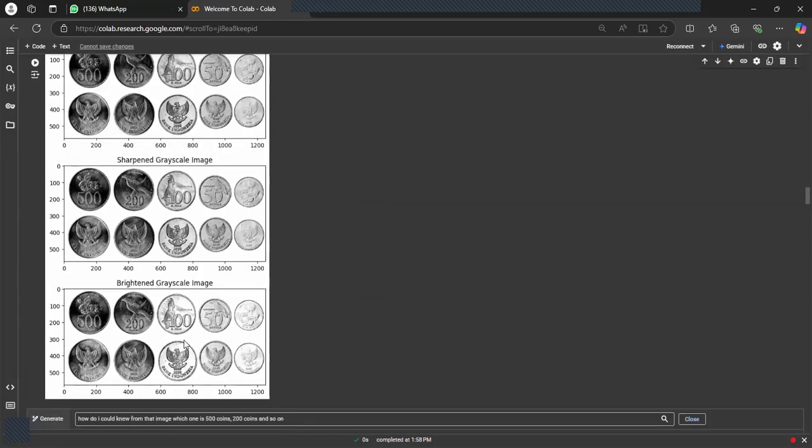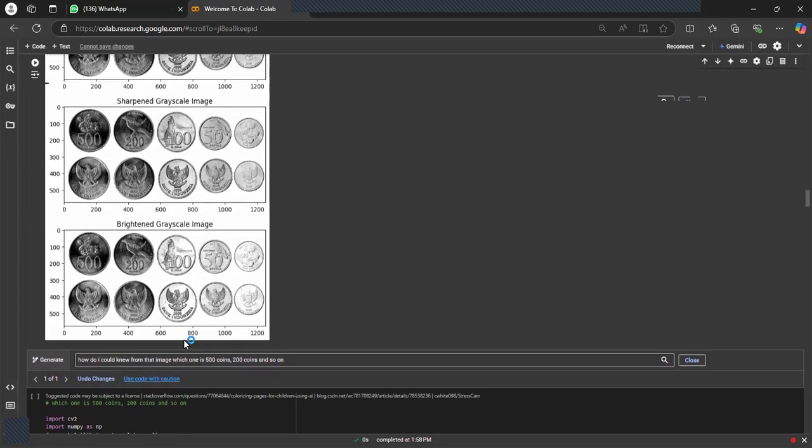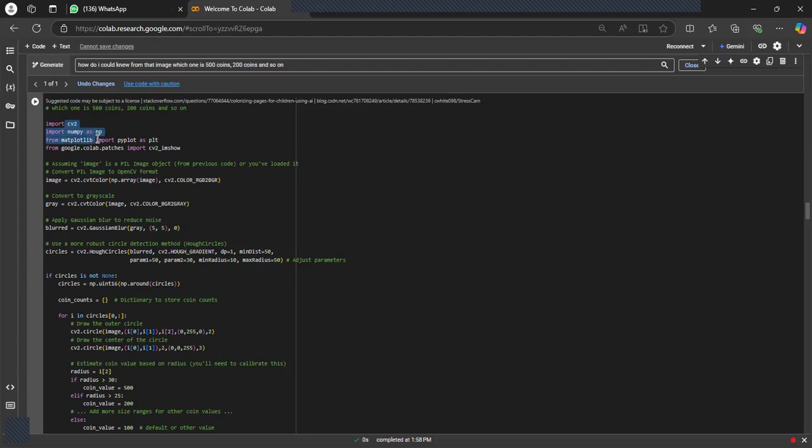From those images, I would like to see which one is the 500 coin and the 200 coin using this syntax: import cv2, import numpy, import matplotlib, Google Colab patches cv2_imshow, and so on.